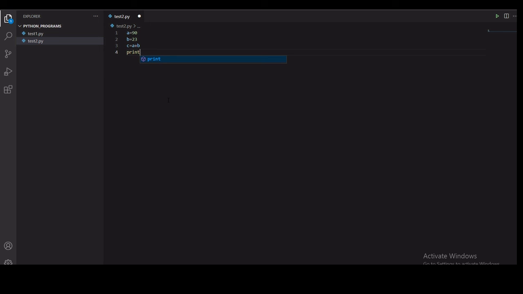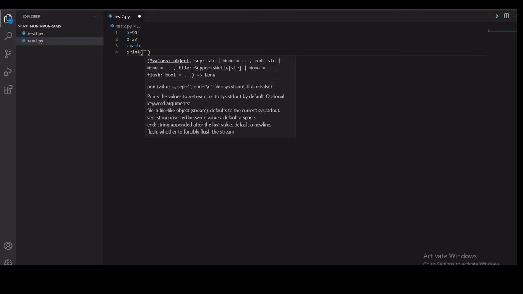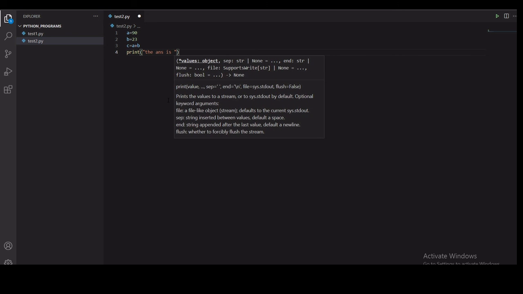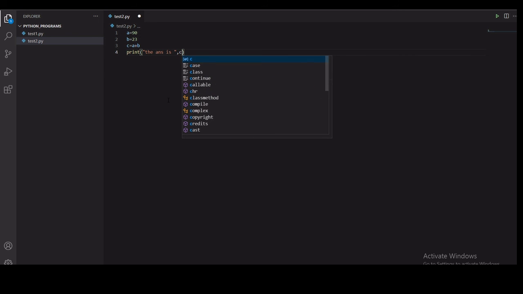Now just as before, you can write down anything. See, as Python has already been chosen, the suggestions are coming. See, I am writing PR, the print is already coming. So you can press enter and choose this. Suggestions will obviously come. The answer is C. Save this, Ctrl S, it is already saved, just press save.